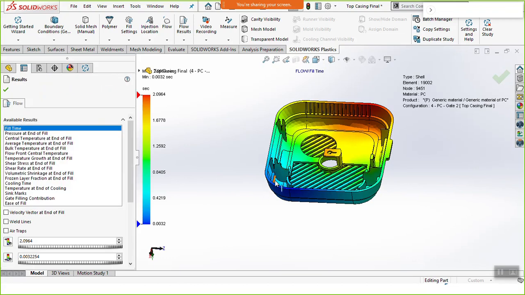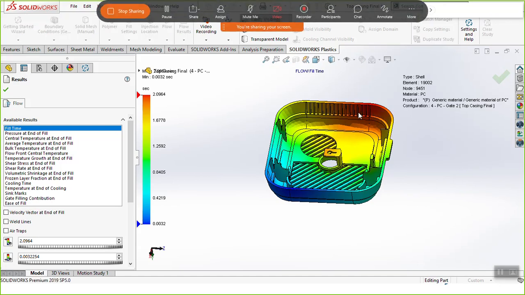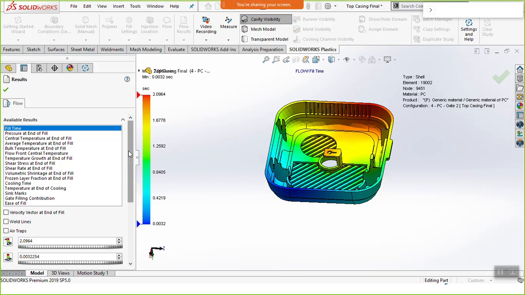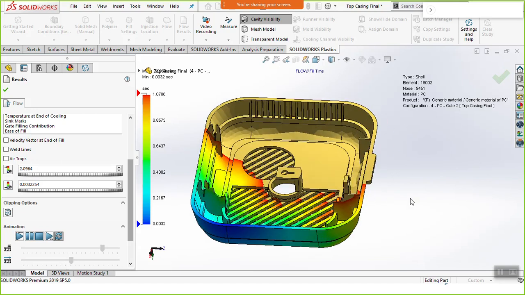The blue color is the region which is getting filled first, and the red color is the region which is getting filled last. So you can change the gate locations and then finalize the proper gate location so that my part is getting completely filled.